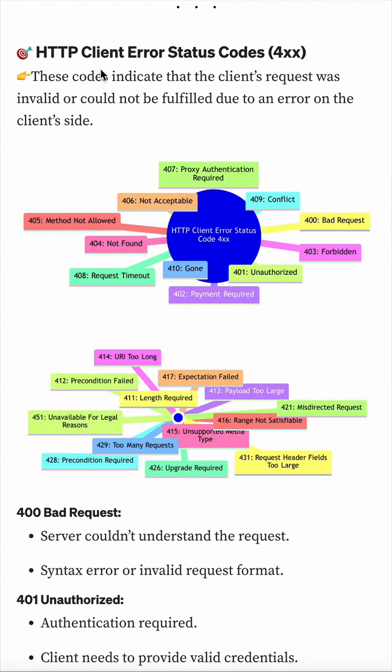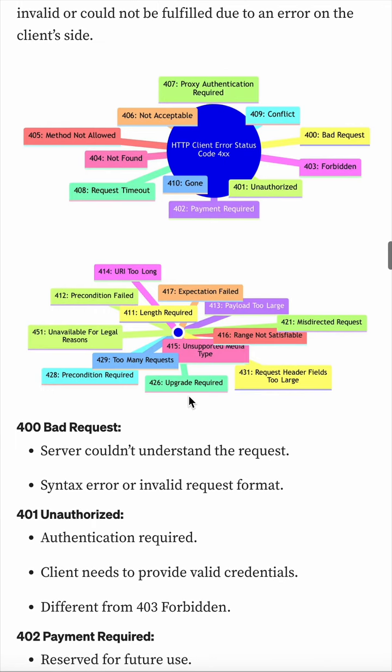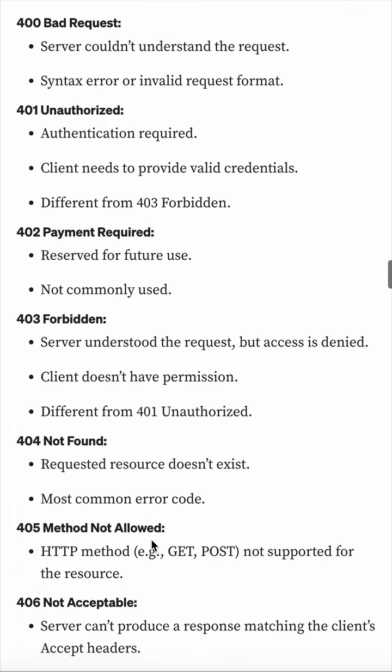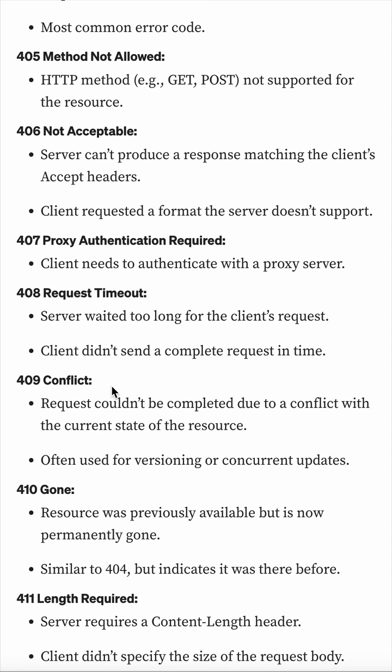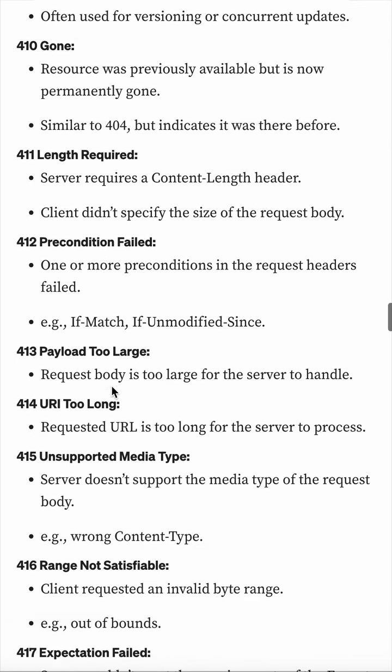Now, HTTP client error status codes start from 400. So 400 signifies an error code. Okay, so you have the client error status codes starting from 400, like bad request, unauthorized, payment required, forbidden, not found, method not allowed, not acceptable, proxy authentication required, request timeout, conflict, gone, length required,